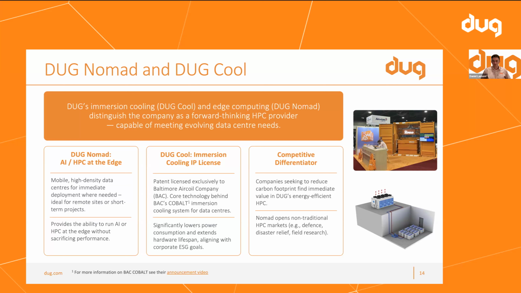The difference with Doug Cool, to touch on it, and this applies across the BAC Cobalt system and Doug Nomad, is that it simplifies the system. Our patent simplifies the system by putting the heat exchanger into the tank. And that allows you to do a few things. One is it allows you to be super dense. So in that 10-foot container, which you can see on the top right, the section you